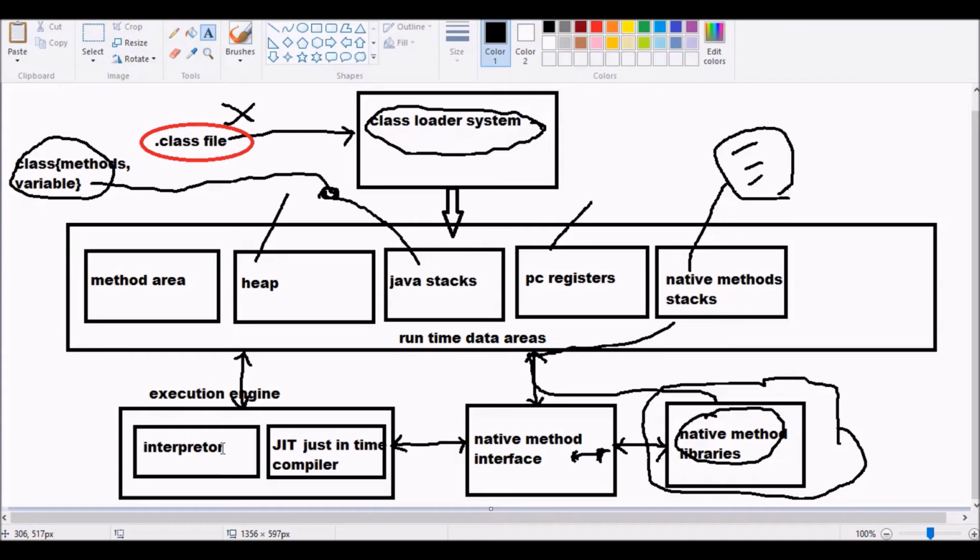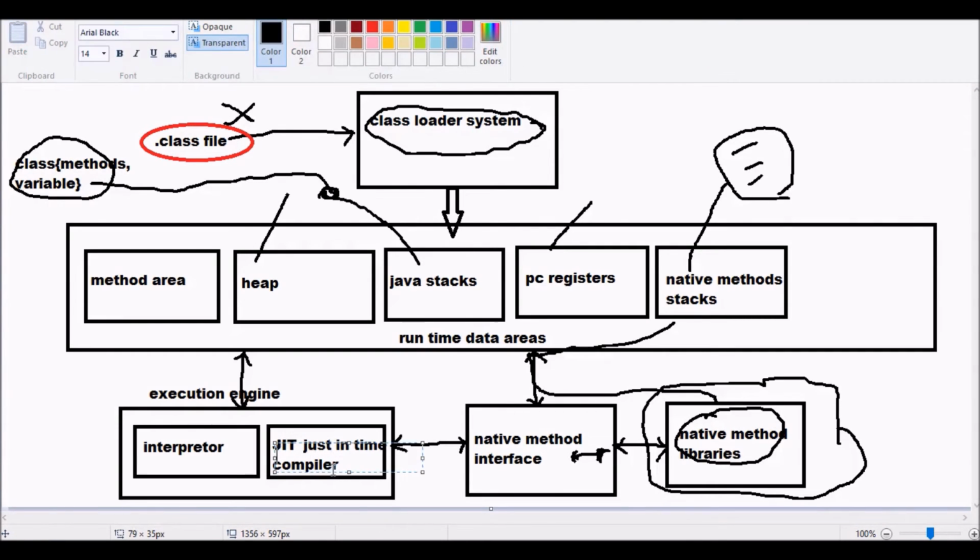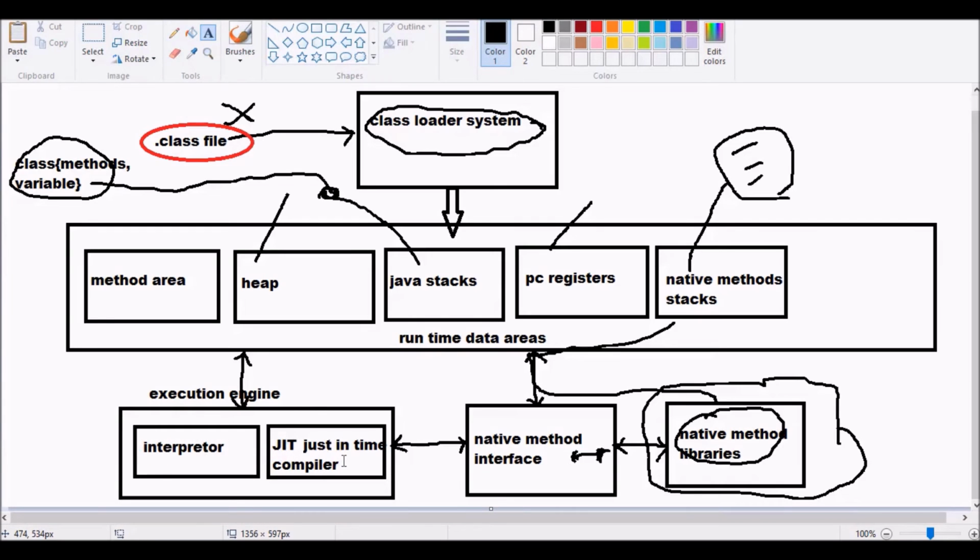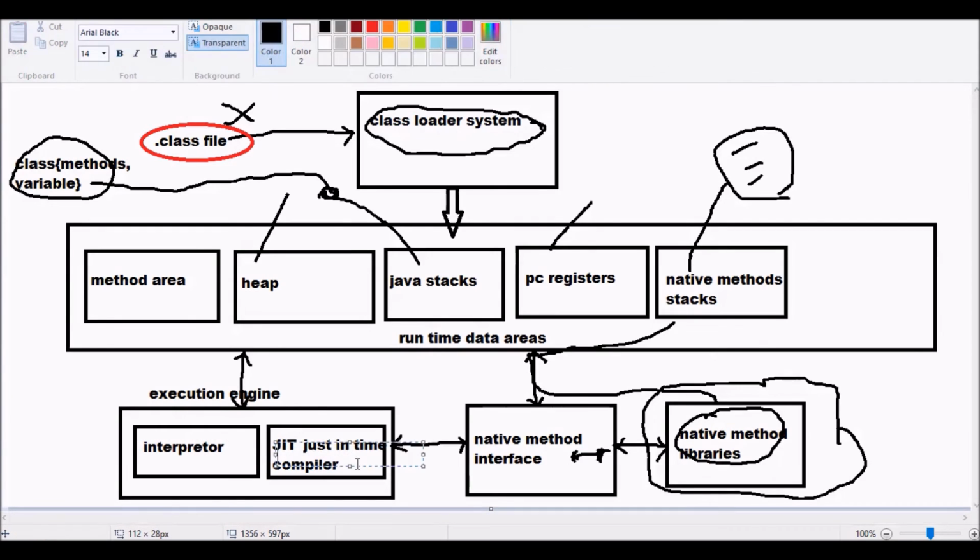The basic difference between these two is that the interpreter converts line by line, that is, a single line at a time, but the JIT compiler converts within a loop of statements. Whenever we use a loop, this compiler will run.